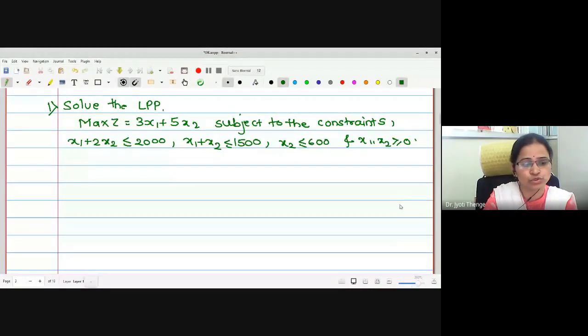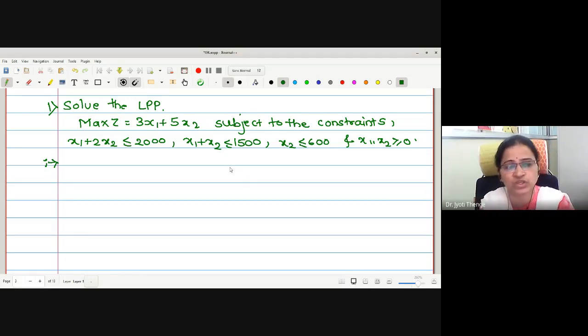Okay, are the steps clear? Shall I start? Now, how many constraints are given here? There are in all 3 constraints given. Can you answer the question I asked you in the last lecture? Whenever the constraint equation is of less than or equal type, we are considering the region below the line, and if the constraint is greater than or equal type, we are considering the region above the line. Can any student answer this question?